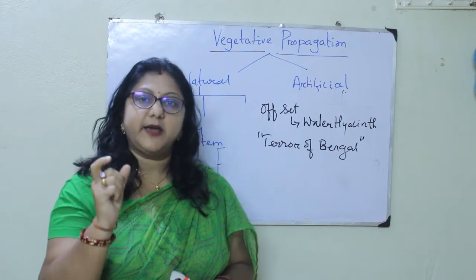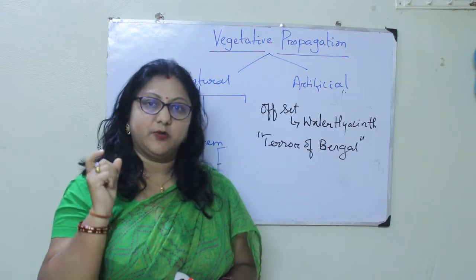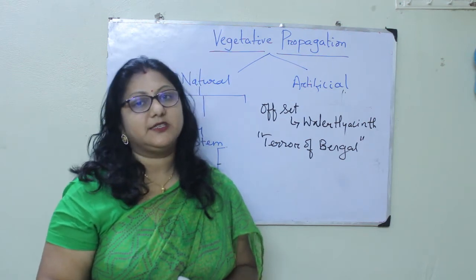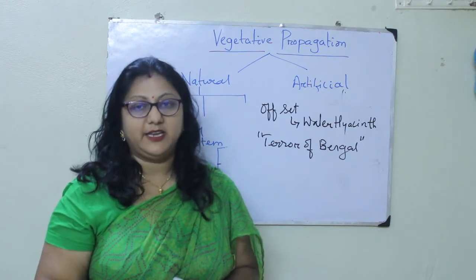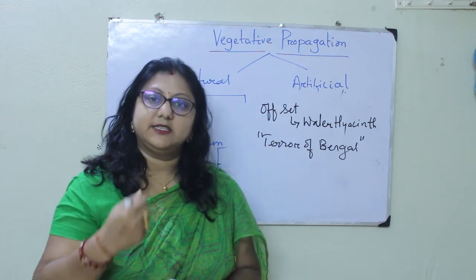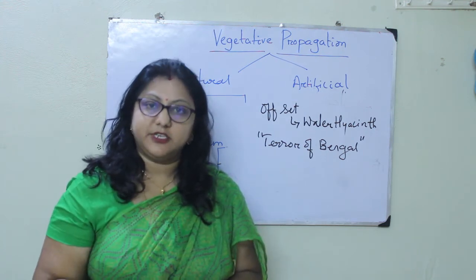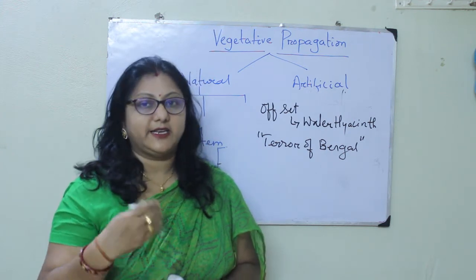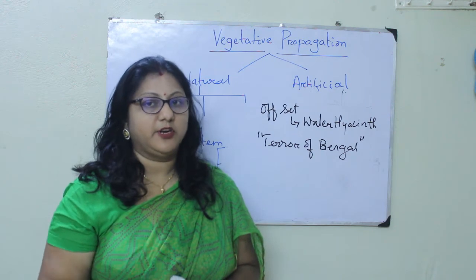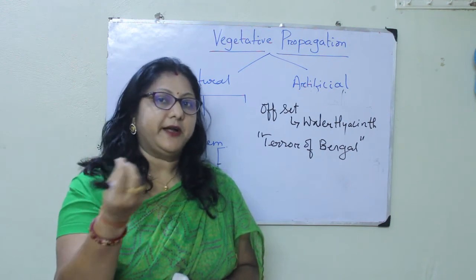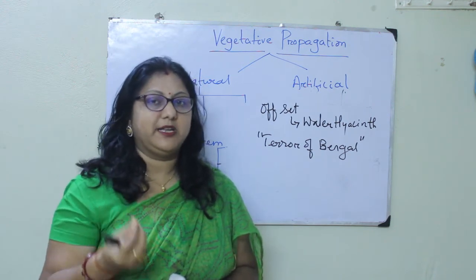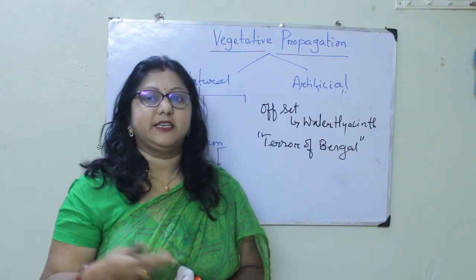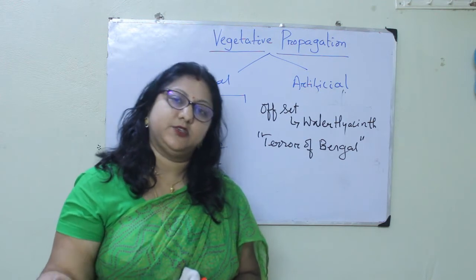And why is it called only terror of Bengal? Because there is a story behind it. When Britishers were ruling over India, they thought that this particular species, the Eichhornia species, can be brought into India as an exotic species, and it can be grown in the water bodies of India, and it bears a very nice purple color flower. So it would be an ornamental plant in gardens or different lakes, ponds and tourist places.